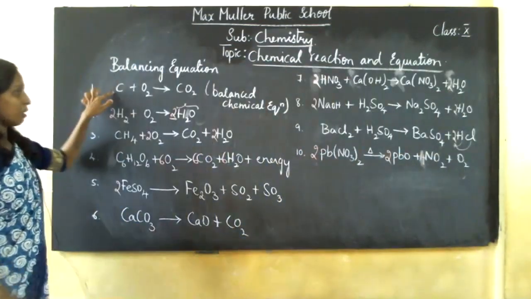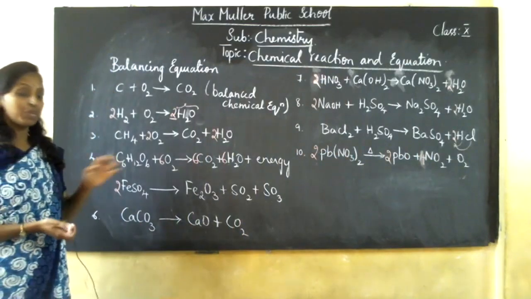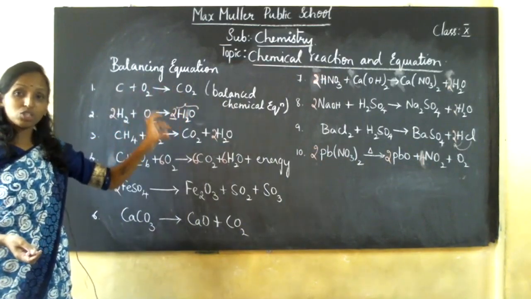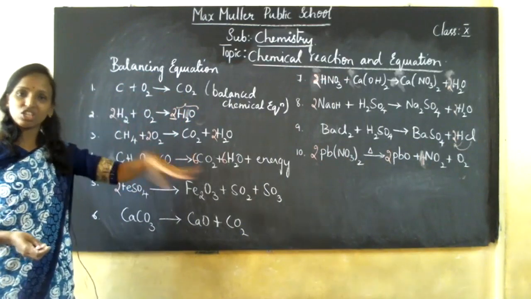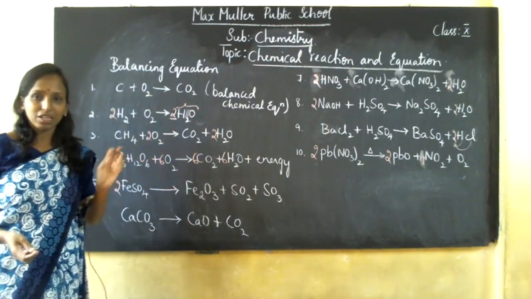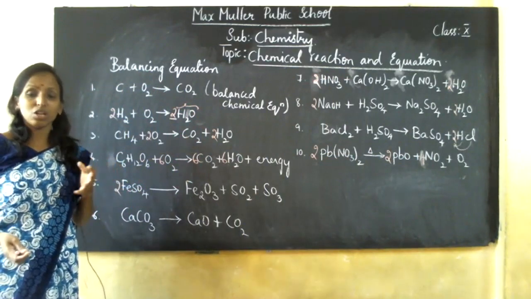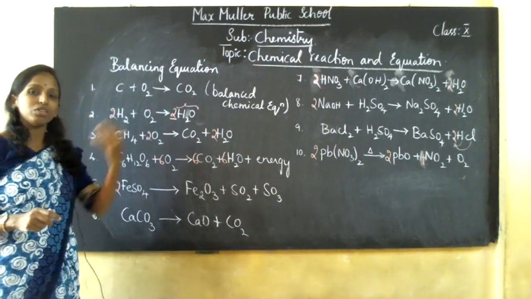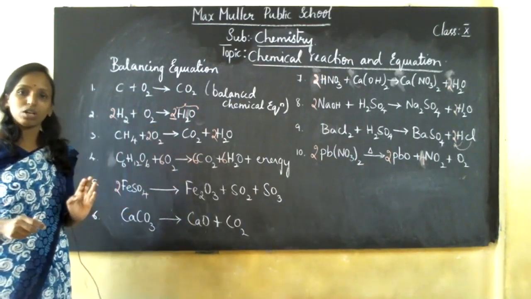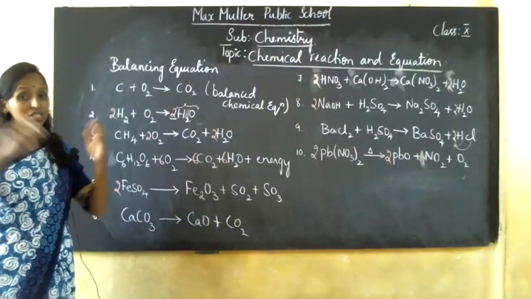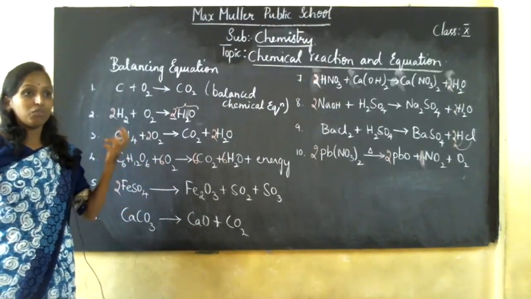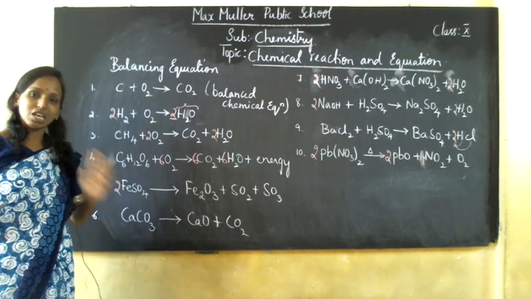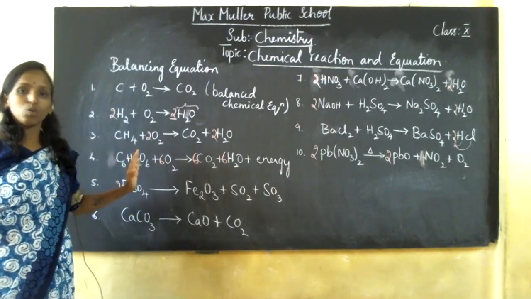Again I'll repeat. Whatever the number of atoms present in your reactant and in the product should be equal. If it should be equal, you can change the number. You can keep on multiplying the number. You can put as many as needed, but don't put your favorite numbers. What is required for your reactant and what is required for your product should be changed, children. You are not supposed to change the complete equation. If you say, ma'am, I will get 100 also, you may get it, but see how much is required, only add so much and continue to balance the equation.